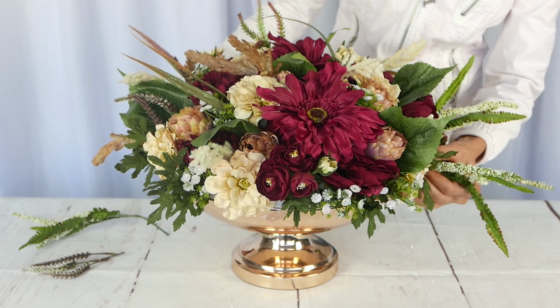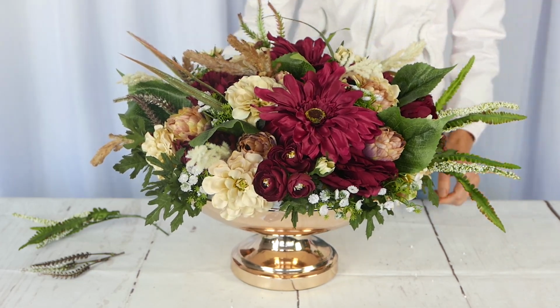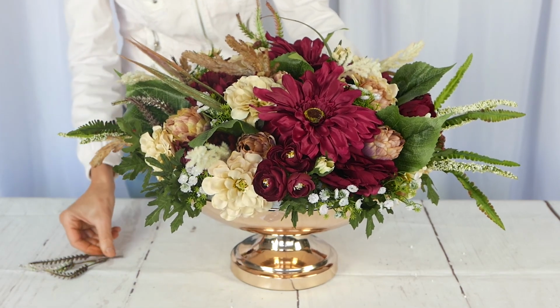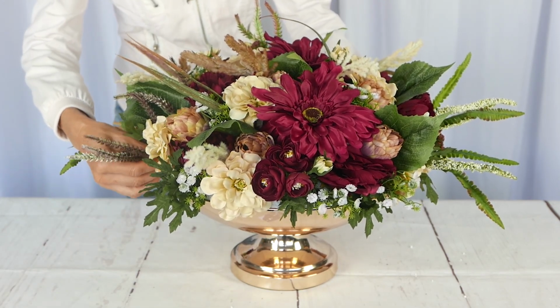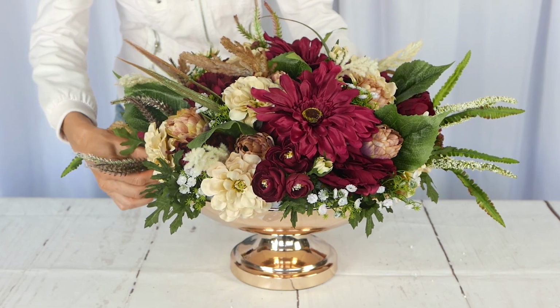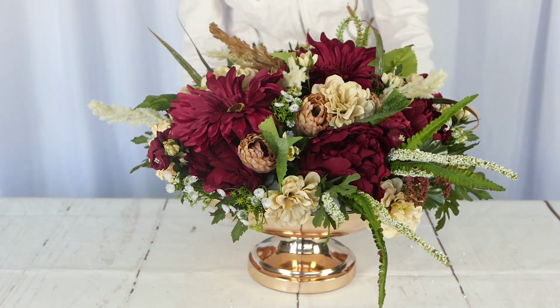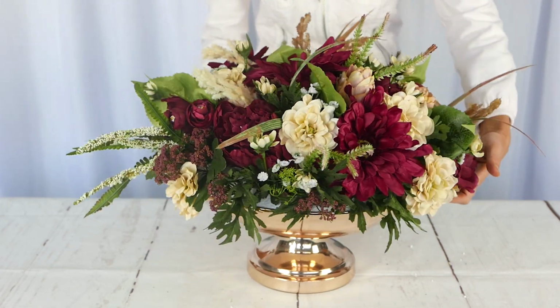Fall is honestly one of our favorite seasons. You have the changing leaves, pumpkin spice, and Halloween coming up. There's so many chances to decorate, and this fall centerpiece is going to make a great addition to your decorations. So we hope this tutorial gives you an idea of how to make your very own fall centerpiece,